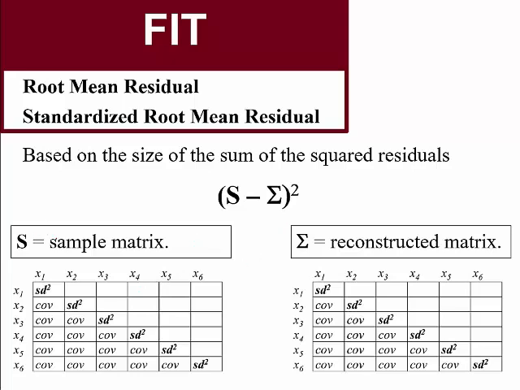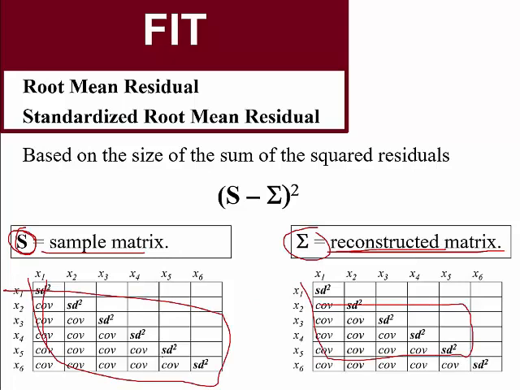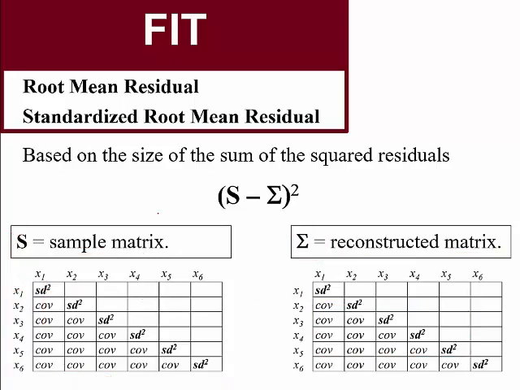We've talked about how we have our S matrix, our variance covariance matrix from our sample, and we have our sigma matrix, our reconstructed variance covariance matrix based on our model. So here I have my 2 matrices. Here's, say, my sample matrix, and here's my reconstructed matrix. We can simply take, for each cell, the value here minus the one there. Take the one here minus the one there. Take the value from our sample matrix minus the value from our reconstructed matrix to get S minus sigma, and